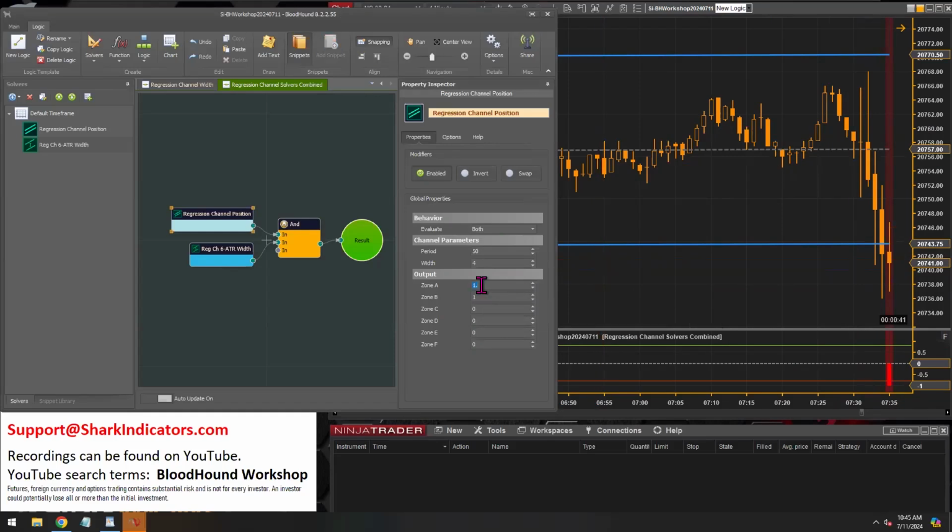But actually I think what most traders were looking at back in the day when the regression channel was popular for a little while was counter trend signals like this there. All right, so with zone E and F, maybe actually let's go extreme here, and